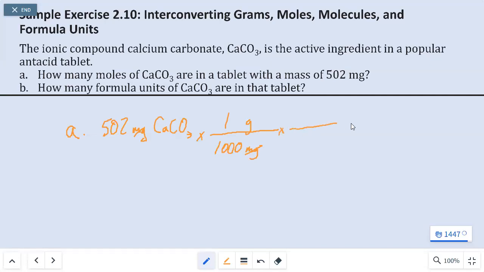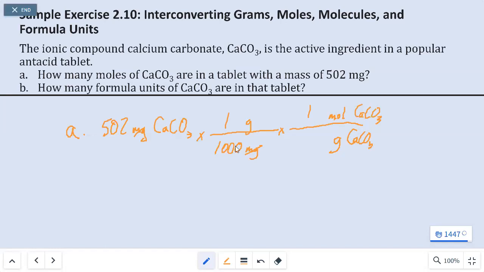So from a dimensional analysis standpoint, grams of calcium carbonate go here in the denominator, moles of calcium carbonate here in the numerator. 1 mole of calcium carbonate, molar mass of the substance, I need the mass of calcium, which is 40.08, plus carbon, 12.01, and oxygen, 16 times 3